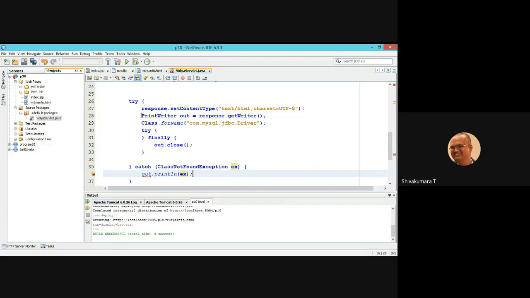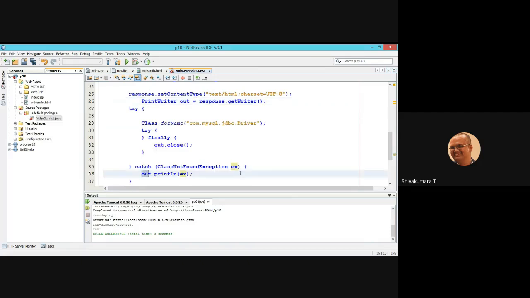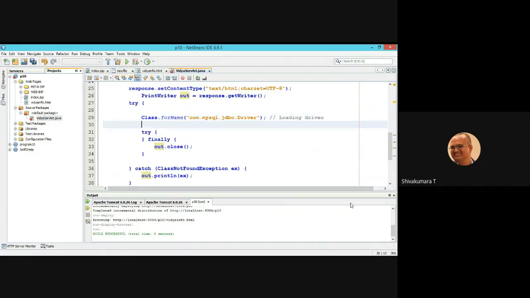I am excluding these two lines from the try block, because if you include them in this block, this out belongs only to that block, but it should belong to the whole code. So the driver loading has happened. Next step, you need to have a connection by initializing through the driver manager.